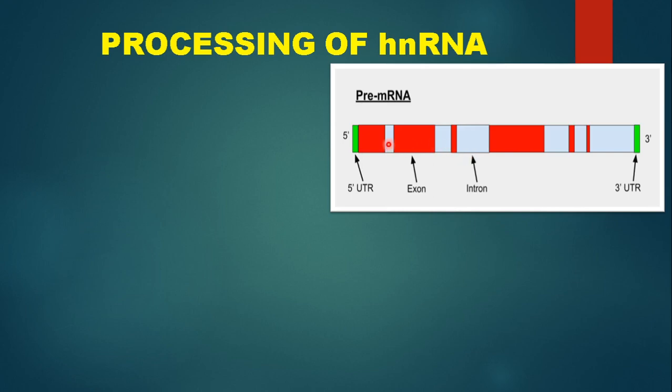Now, what is required during the processing of hnRNA? It is required that these are removed, because it will be an unnecessary expenditure of energy on the part of the cell to transport the whole of the hnRNA out to the cytoplasm, and apart from that, it will not be able to form a proper protein. There will be breaks in it due to the presence of those non-coding regions. So it needs to be eliminated. So that process involves